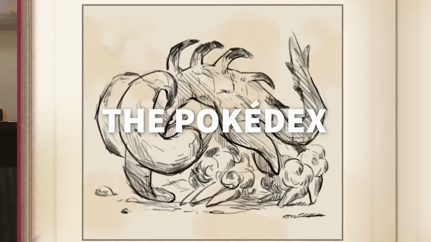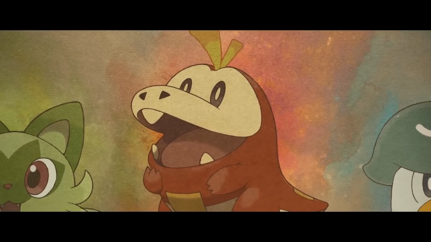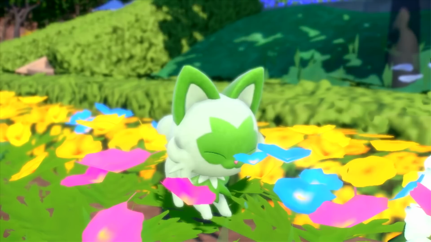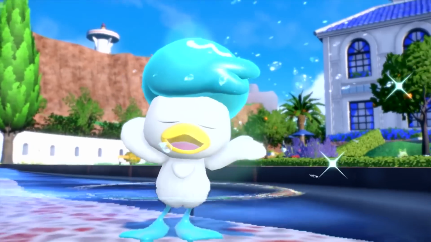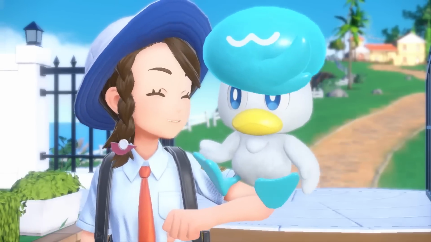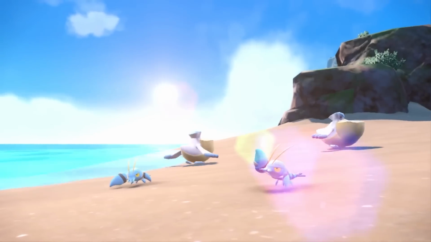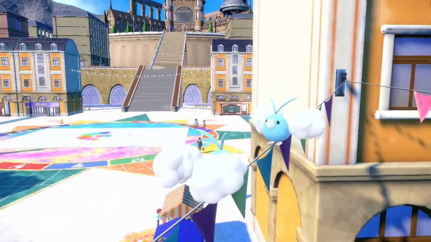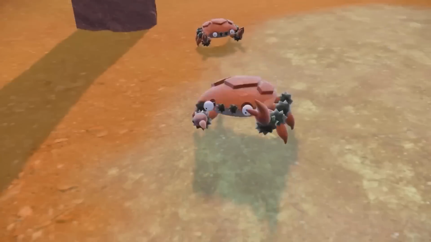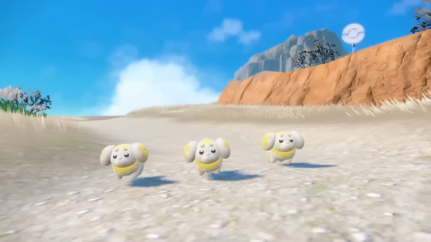Scarlet and Violet's new starters are Sprigatito, the grass cat, Fuecoco, the fire croc, and Quaxley, the water duckling. We've only seen their starter forms, so we don't know how they'll evolve. Some of the time, as Pokemon evolve, they gain new types on top of their original elemental attributes. Subsequent trailers have shown many more Pokemon, including favorites like Pikachu and Psyduck. We've also seen lots of new additions, like the cliff-climbing crab Klawf, the Mega Man-looking bipedal Armarouge, and the adorable